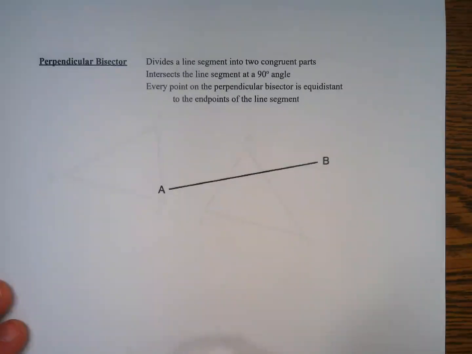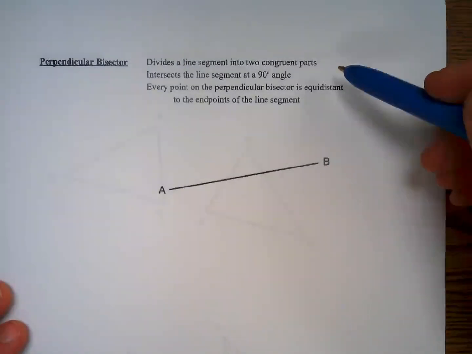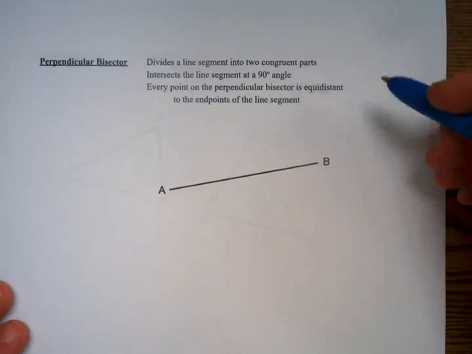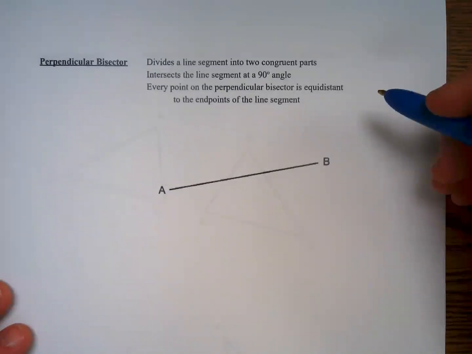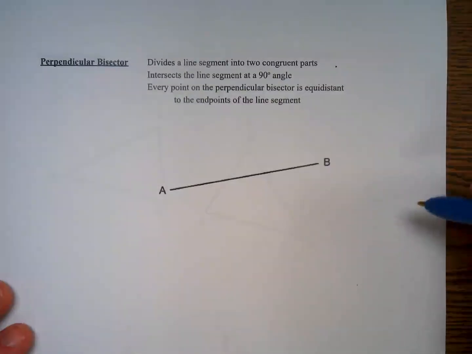We're going to construct a perpendicular bisector of a line segment. So what this does, it divides a line segment into two congruent parts. It intersects the line at a 90-degree angle. Every point on the perpendicular bisector is equidistant to the endpoints, so A and B in this case, of the